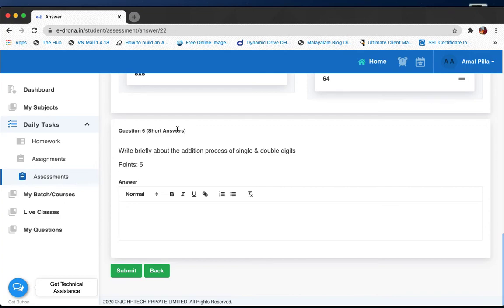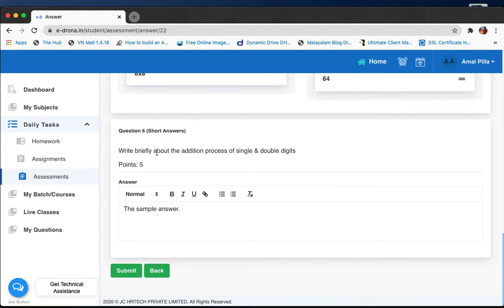Here the difference between file a response and short answers is that the student will be able to enter the answer directly from here. The student will not have to upload it using a document or anything. The student will have to enter the correct answer in this text box here. So right now I'm going to enter the answer here. As there is no word limit here, but the teacher will mention the word limit if it is required. So the student will have to write the answer from here, as you can see in this text box for the short answer type questions.